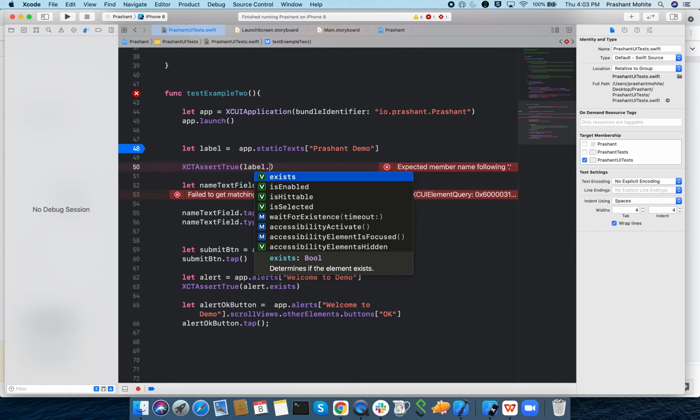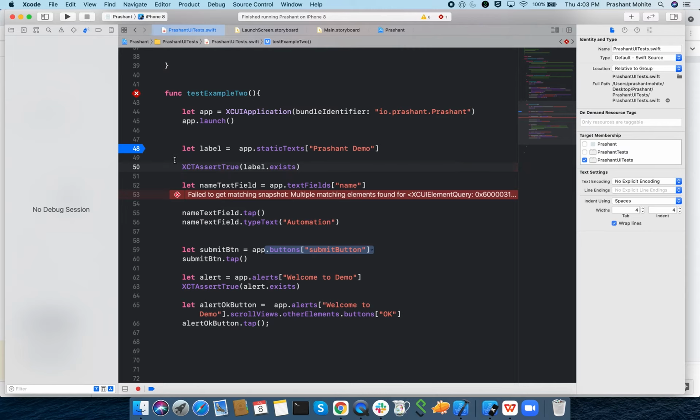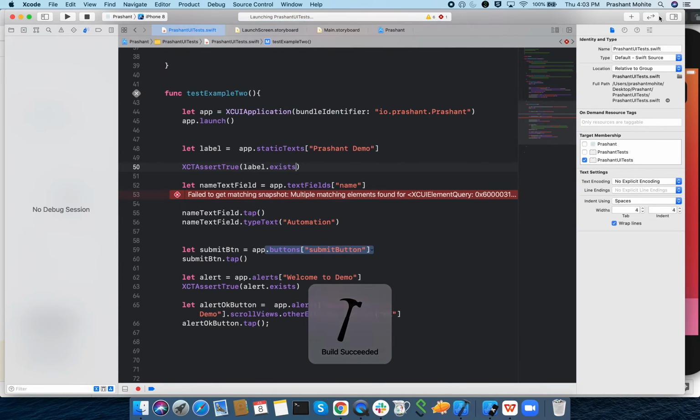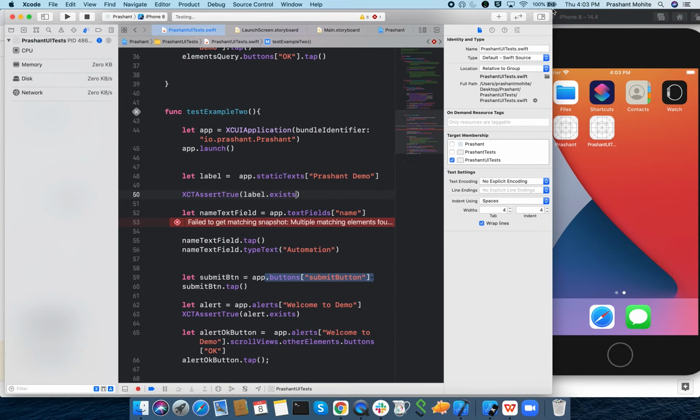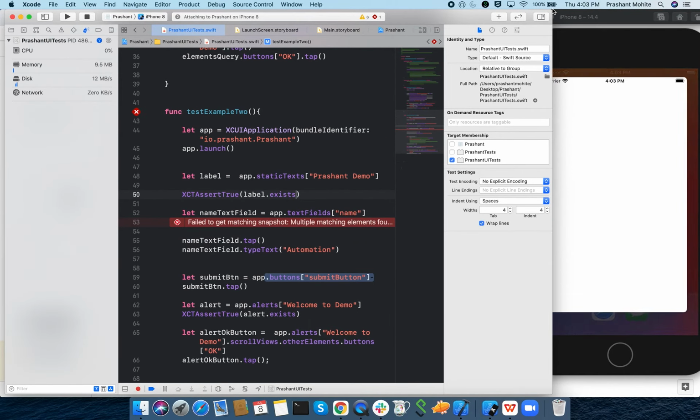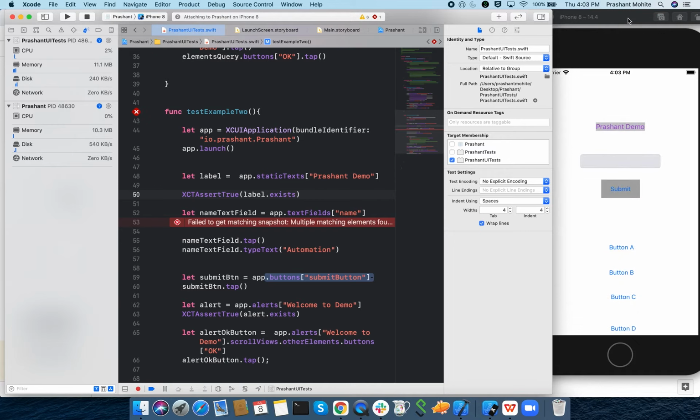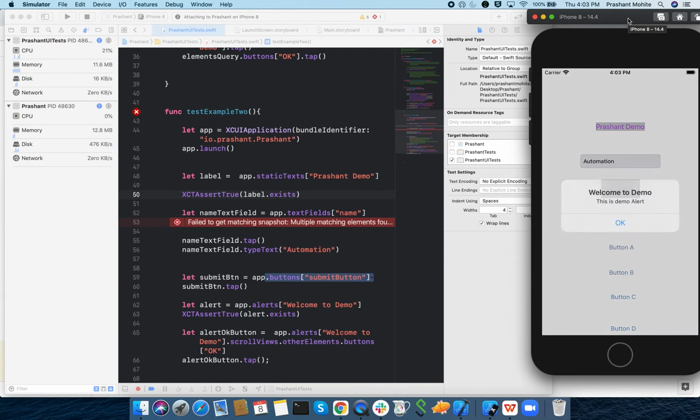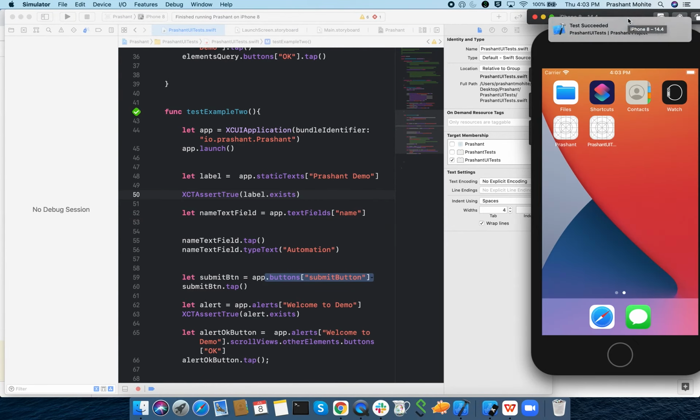So I say label exists. This is my assertion. Let's run this and see. The test case is passed, because there is one label.